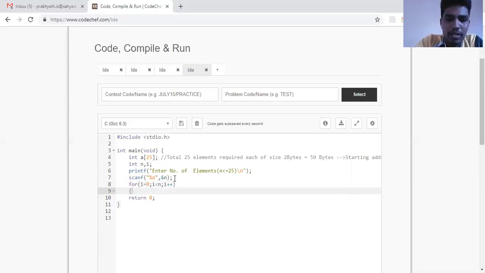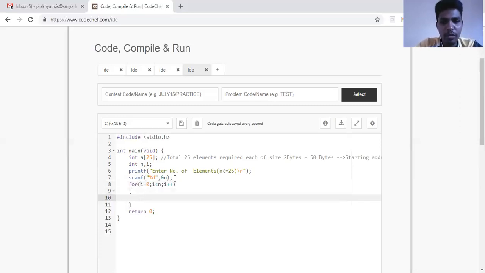Fine. Okay. So these are basic concepts. Assuming you know this, or else go back to the concept of arrays and then look into this particular video session. So I will initialize the value of that array. A of I is equal to I plus 1. That means the first element should get 1, the second element will get 2, the third element will get 3, the fourth element will get 4. I have not read the values from the keyboard. Directly I'm giving static values.